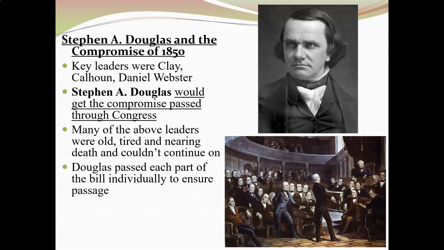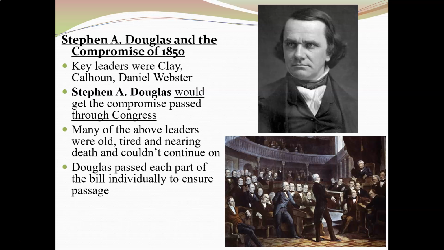And some of the key leaders that helped push this through were Henry Clay, John C. Calhoun, and Daniel Webster. And Douglas is going to get the compromise passed through Congress. He does this by getting each part of the bill individually passed to ensure that he could get support from both sides. They break up the bill into different parts, so that the North gets this and the South gets this. The North gets that, the South gets this. And he did that so that